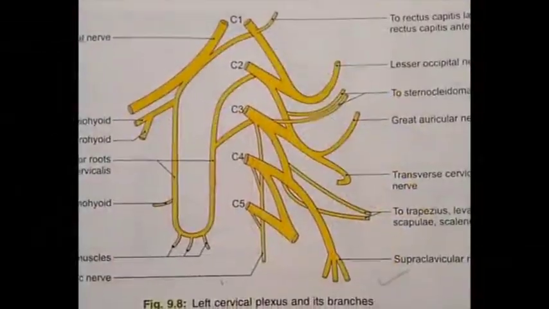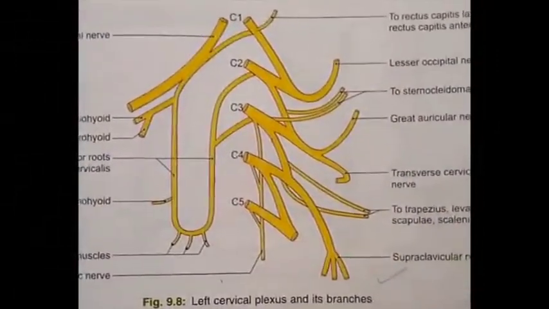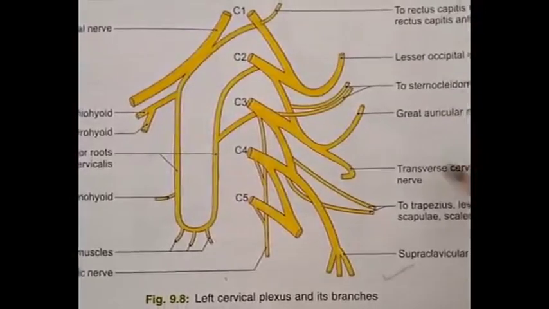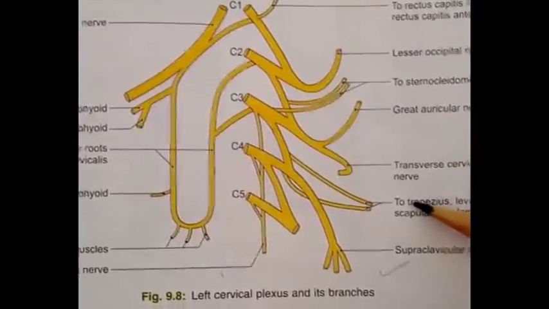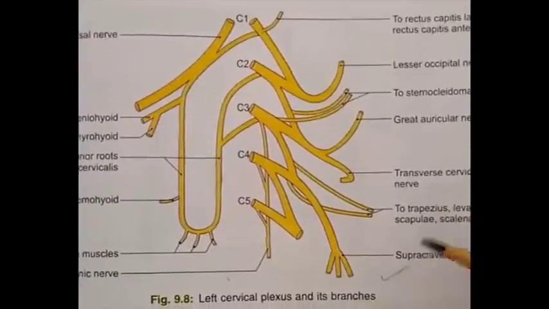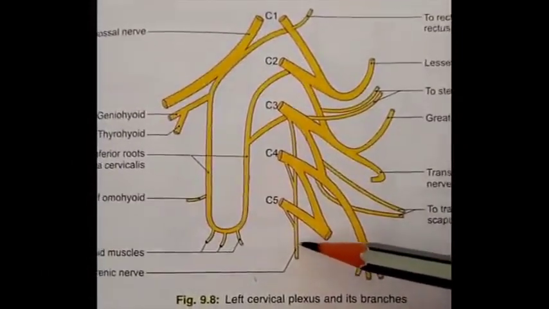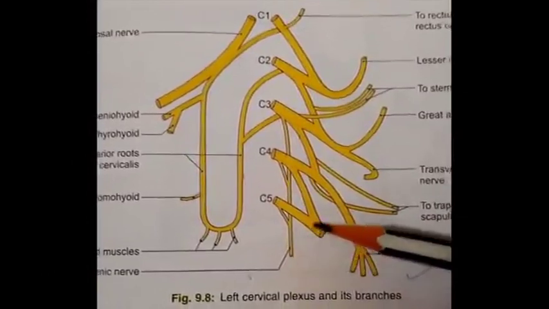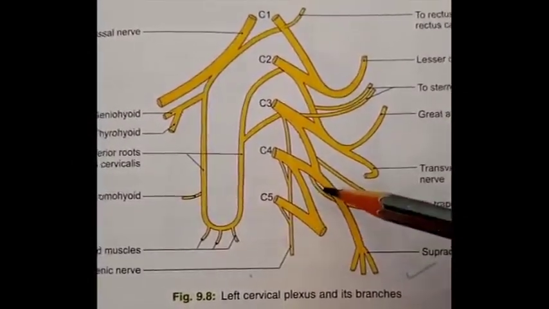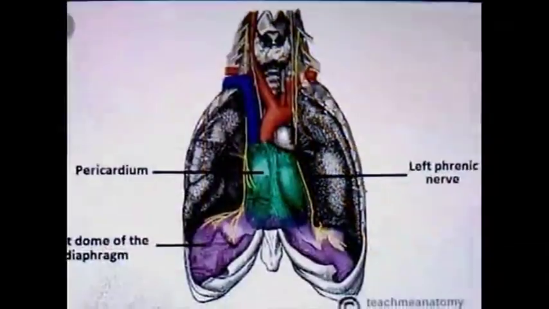Muscles supplied by the cervical plexus along with branches from the brachial plexus or the spinal accessory nerve are the sternocleidomastoid muscle, then the trapezius muscle, the next is the levator scapulae, then diaphragm, longus colli muscle, and all three scalene muscles. So all these structures have nerve supply from the cervical plexus, brachial plexus, and branches from the spinal accessory nerve.